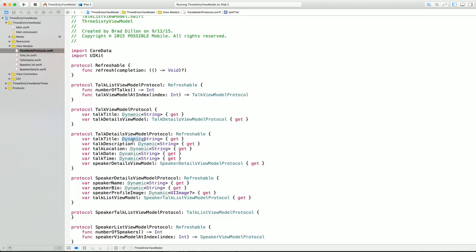I'm going to cover that in a second. This is part of that generics and didSet, willSet magic that I love Swift for, something we couldn't have done before in Objective-C. But at any rate, one thing I wanted to also draw your attention to related to the view model is,